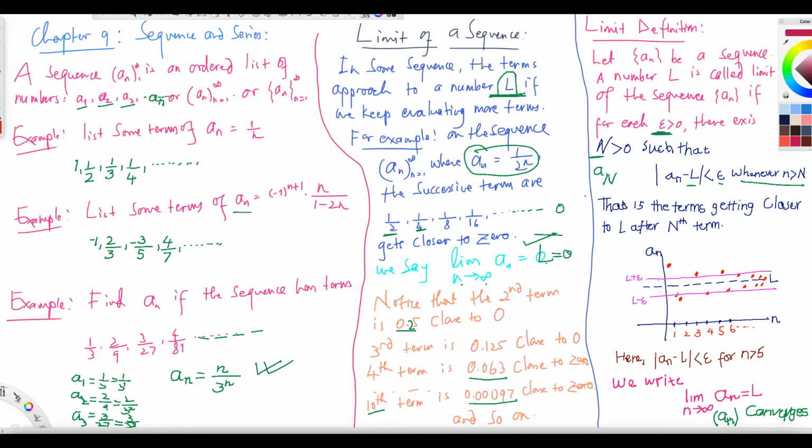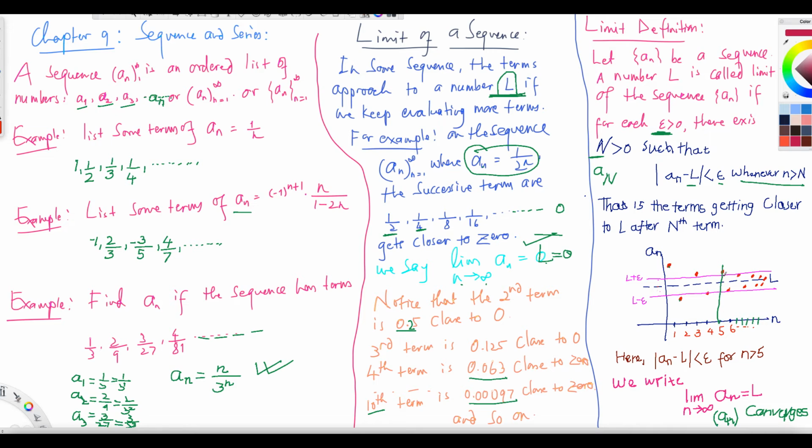Let us look at this example here. This is just an abstract example; we don't know what a_n are. Suppose that these red dots are, this is a1, this is a2. At 1 this is a1, at 2 it is a2, 3 a3, at 4 it is a4, at 5 it is a5, at 6 it is a6, at 7 it is a7, and at 8 it is a8, a9, a10, a11, a12 and so on. Look at this. In this example, after the fifth term,